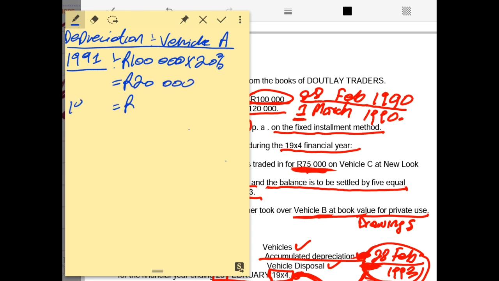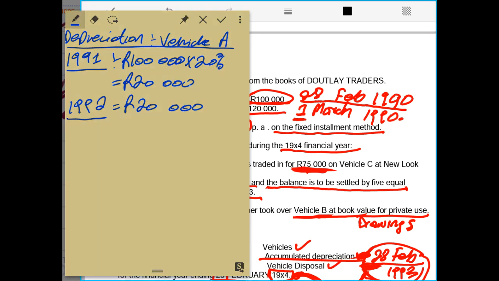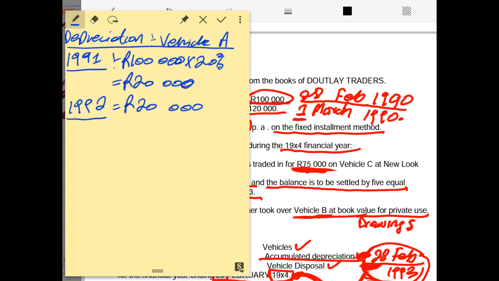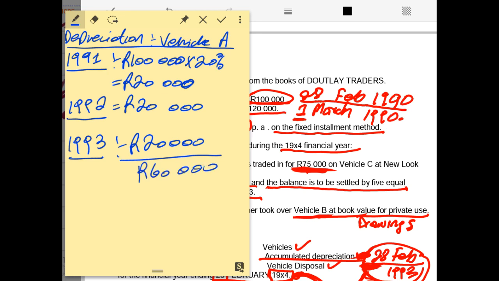And in the year 1992, the depreciation for vehicle A will still remain 20,000 rands because motor vehicle A was still there for the full year. It was not sold. Therefore, it still remains as 20,000 rands depreciation per annum. And in the year 1993, the depreciation for motor vehicle A is still 20,000 rands because in 1993 there was no selling of motor vehicle A. Therefore, the total accumulated depreciation for motor vehicle A will be 60,000 rands,